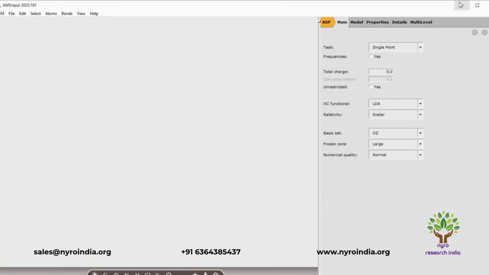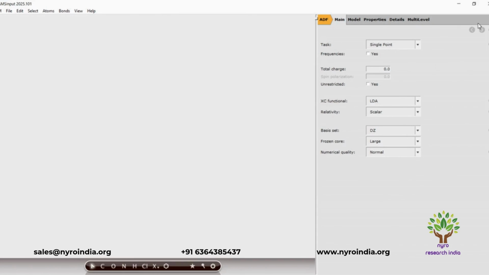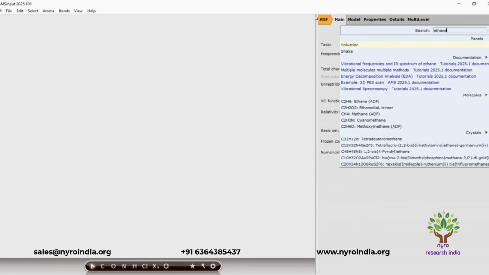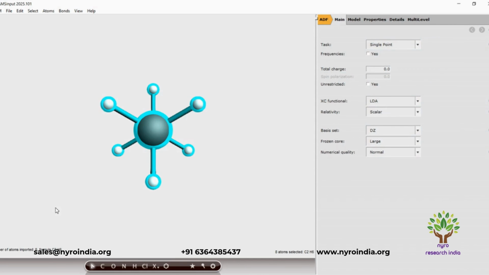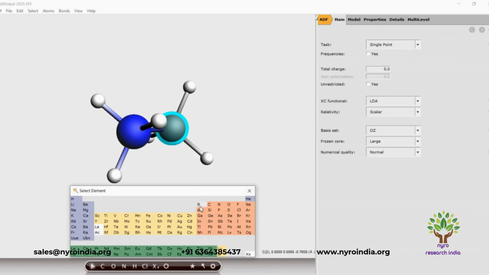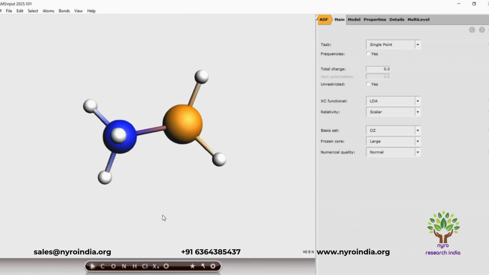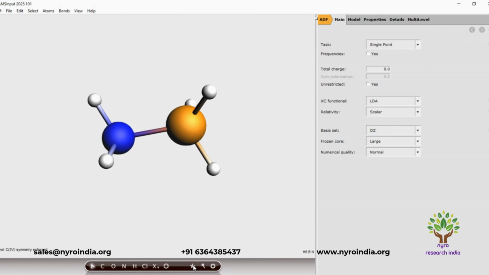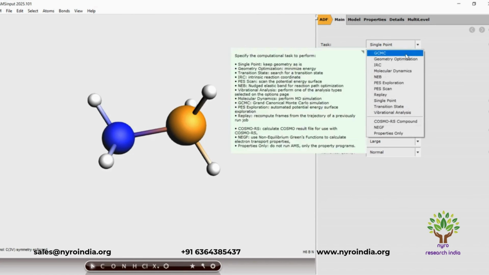here we are taking an ethane molecule. It's a little bit slow when we are recording things. Okay, so I'm selecting an ethane molecule from the molecular database, and I'm changing the respective carbon atoms to nitrogen and boron. I'm enforcing the symmetry, and then I'm changing the task